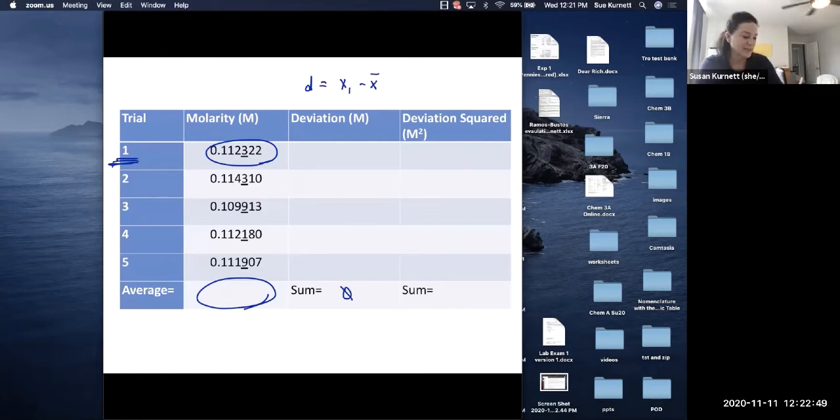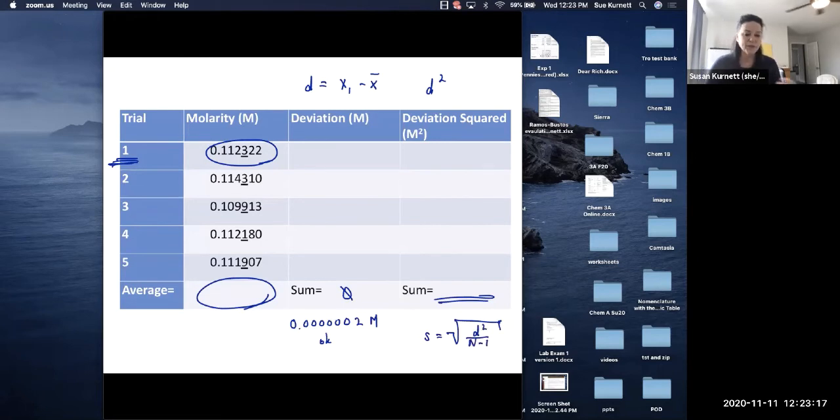If it adds to something that's very close to 0, you know, call it 0. That's fine. Okay, and then we square the deviations so that when we get a number here, we're adding things that are positive together. And then later for a standard deviation, we would take the square root of those deviations squared, dividing by n